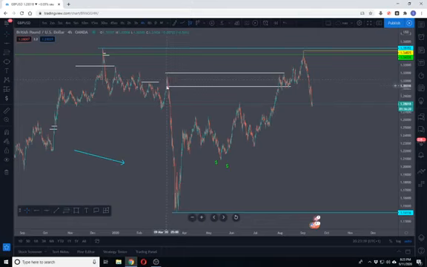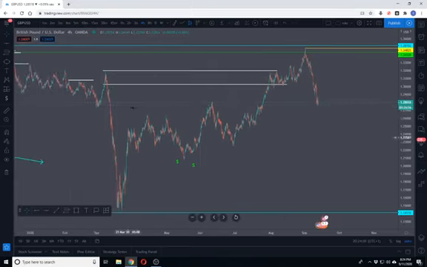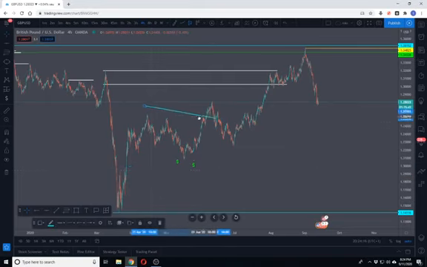Now why would I prefer it react over there? Because even though this move took liquidity from there and it moved down really strong, it didn't leave these equal highs, or it didn't leave these highs behind. It just moved all the way straight down, so it didn't really leave any solid liquidity on this side of the market. But once it started moving up, you do have some liquidity forming here, so there's nice equal highs there. You can clearly see